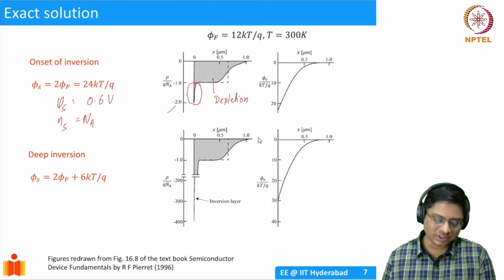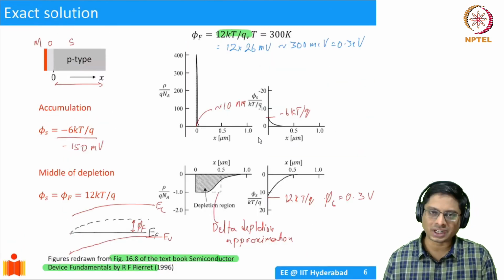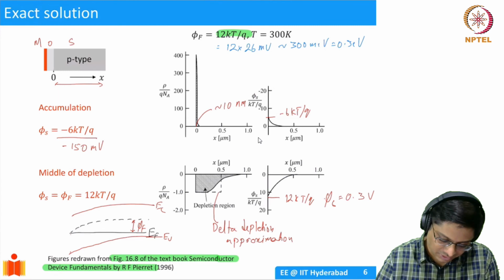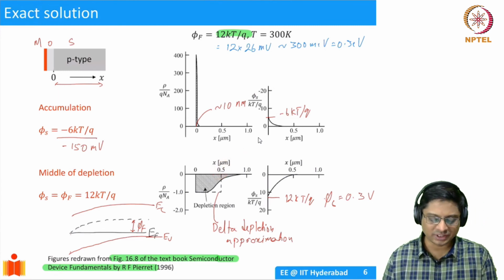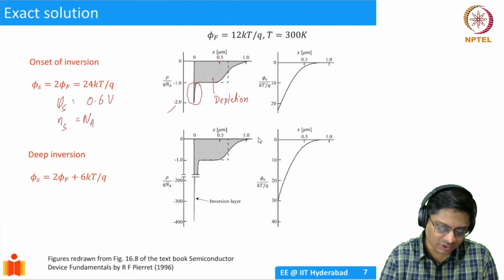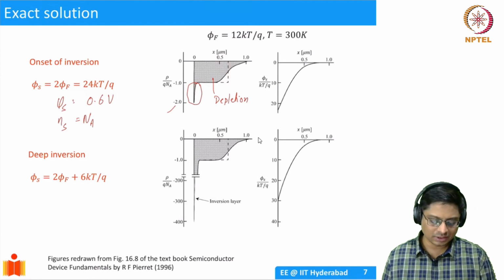Once you reach threshold, you see there is a big difference. When of course there's no applied gate voltage, there's no depletion at all. I didn't show you that. Okay. So once you go halfway through depletion, your depletion width in this case was 0.5 microns, so 500 nanometers. And if you go here, there is a slight increase, but about 0.6 or 0.7, it has become, we can take that as a depletion width. Okay.